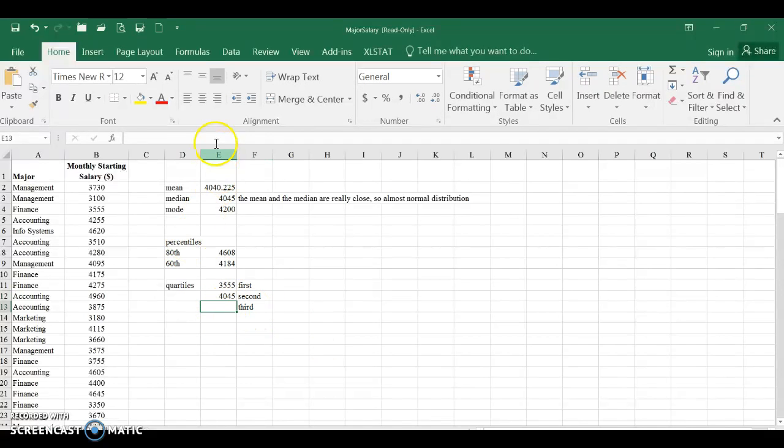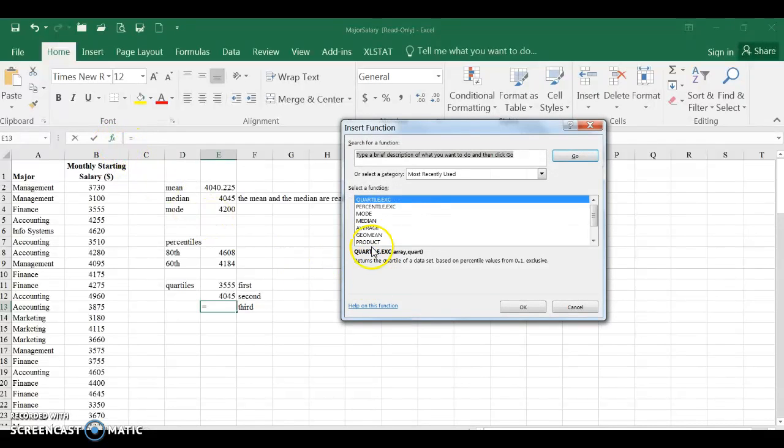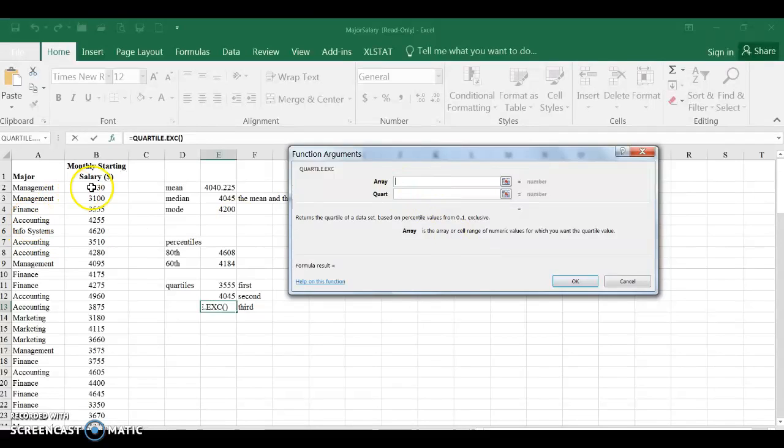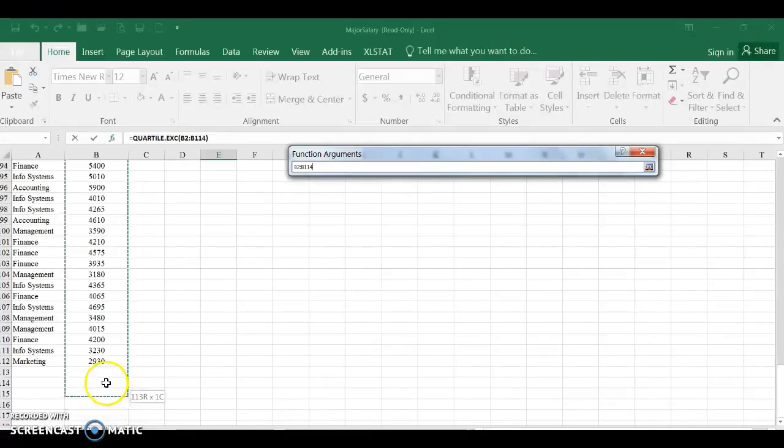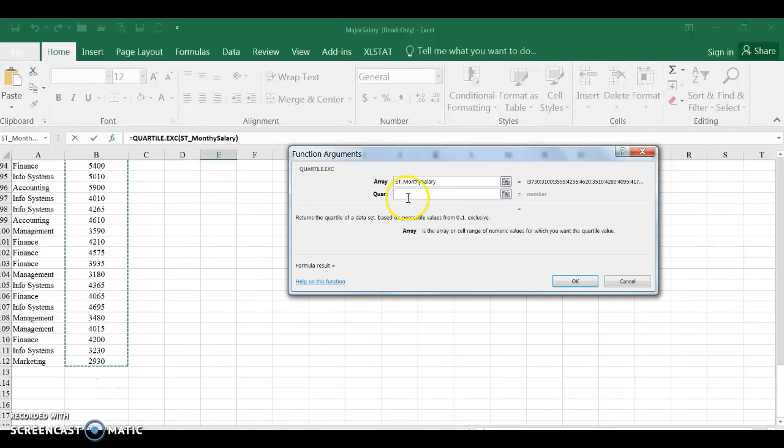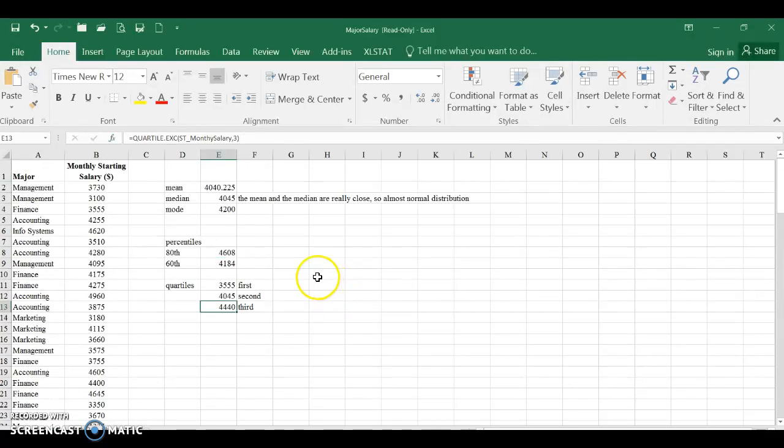And if I want the third quartile, it's going to be FX, quartile EXE, and my array again is my data, going all the way down. And I want the third quartile, and hit OK. So this is telling me my parts, the first 25% of the data,